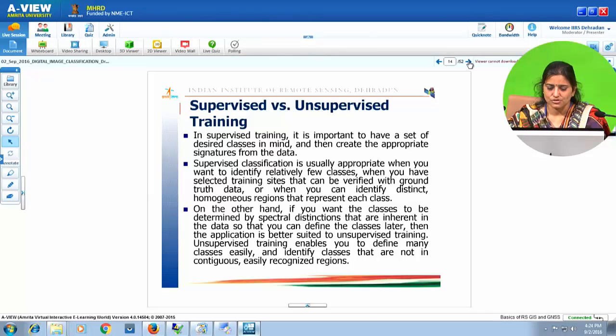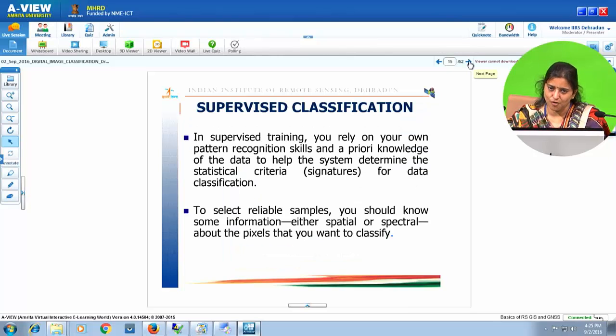inherent in the data so that you can define the classes later on, then the classification is better suited for unsupervised classification. Unsupervised training enables you to define many classes easily and identify classes that are not in contiguous, easily recognized regions. So based on your requirements, you can select which type of classification you want to perform. Now one by one we will discuss supervised and unsupervised classification in detail. To start with supervised classification,